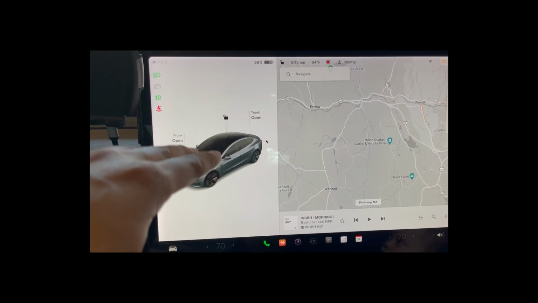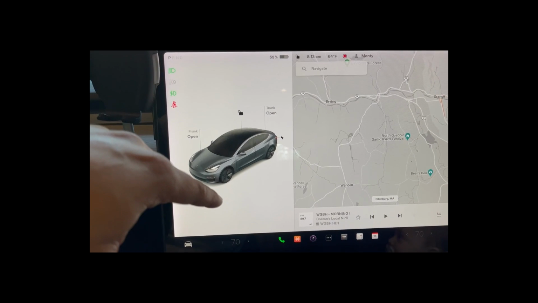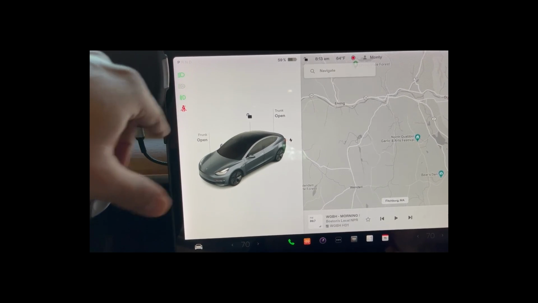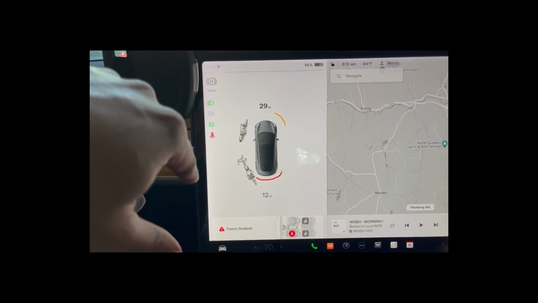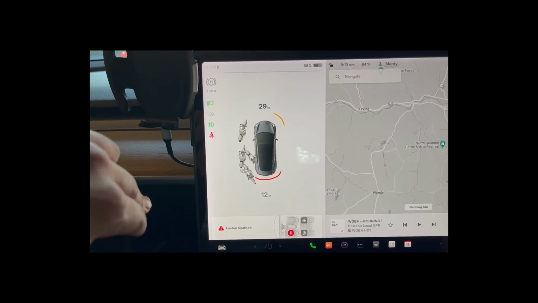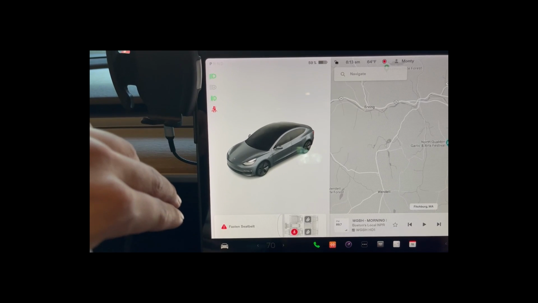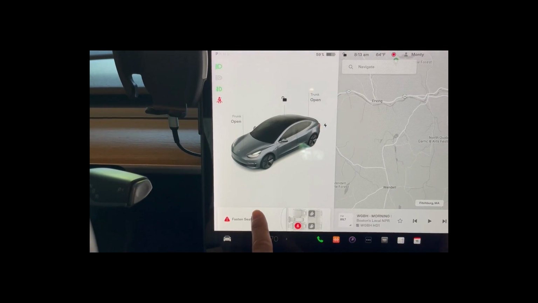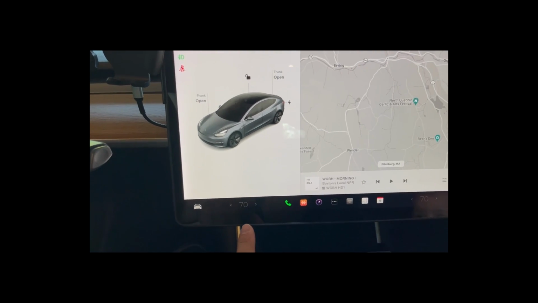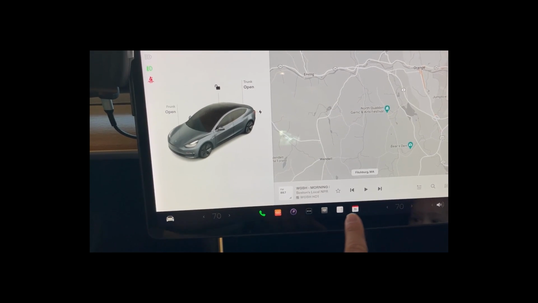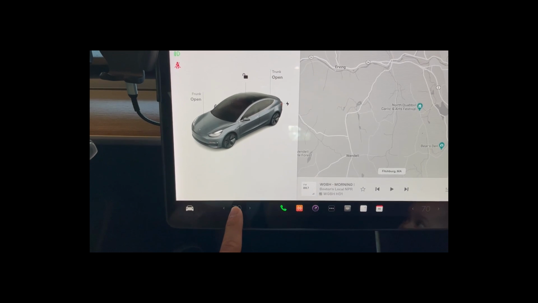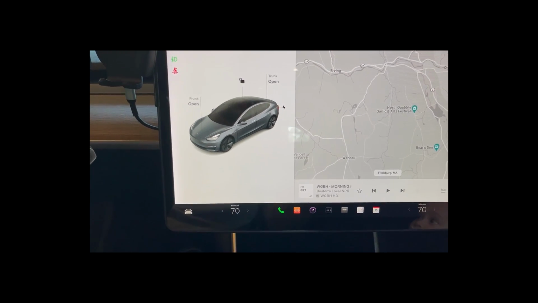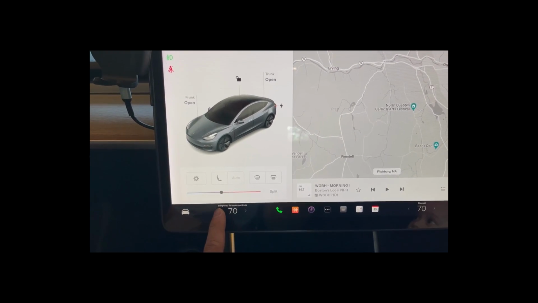On the left side of the screen here, you can see that there's information about the car, the gear indicator. You can put it into drive, and you see that it changes to drive, as well as some information here. Put it back into park. And then along the bottom, we have some quick icons for different apps, and then temperature. If you click it, it will turn the temperature on, and then you can go left and right to change